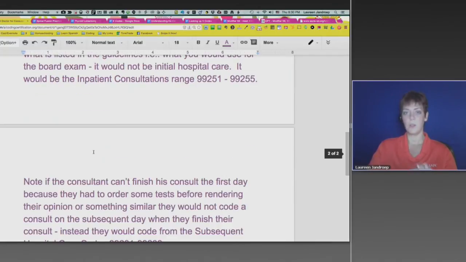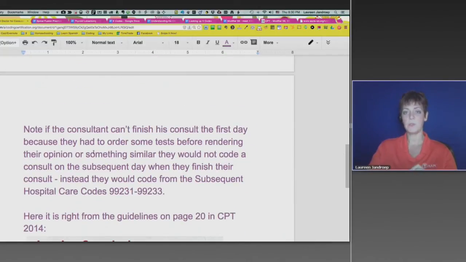Now, note though, if you do use the consult code, oftentimes they have to order labs or some other tests, and they can't finish rendering their opinion or they're doing their consult until those tests come back. So if they don't finish the consult until another day, then only that first day do they bill initial consults. The second day, they have to use subsequent hospital visits. Okay, and that's true of the